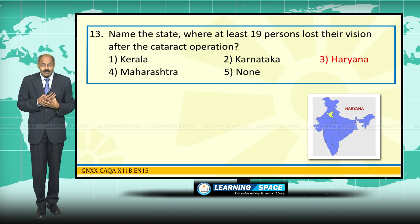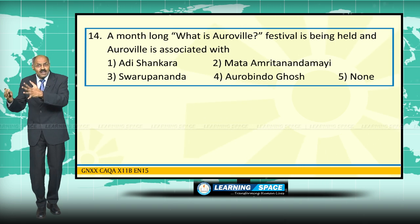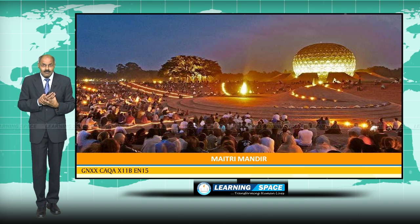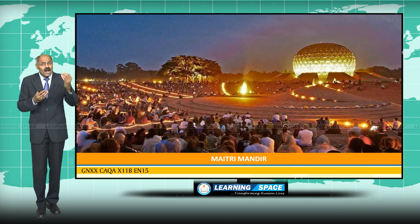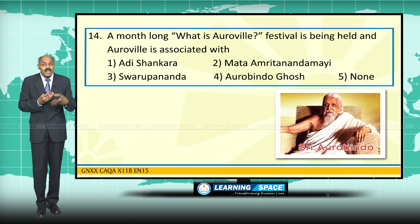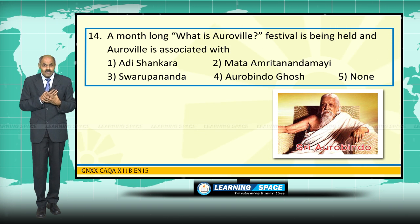Panipat in Haryana. Please look into the next one. A month-long festival is being held. What is Auroville? Auroville is the place in Tamil Nadu near Pondicherry. It is associated with Sri Aurobindo Ghosh, famous nationalist, and subsequently he became spiritual leader. He established Aurobindo Ashram in Pondicherry, and near Pondicherry, this Auroville